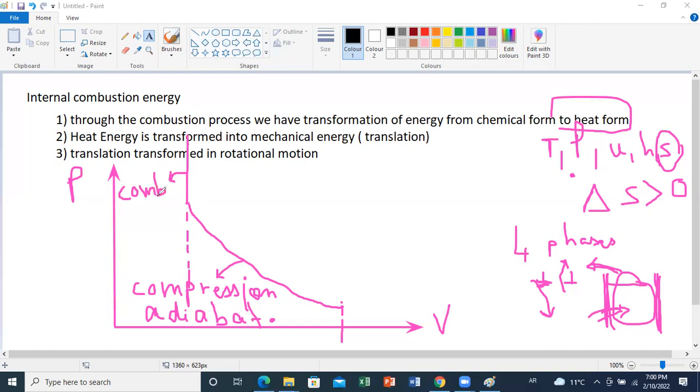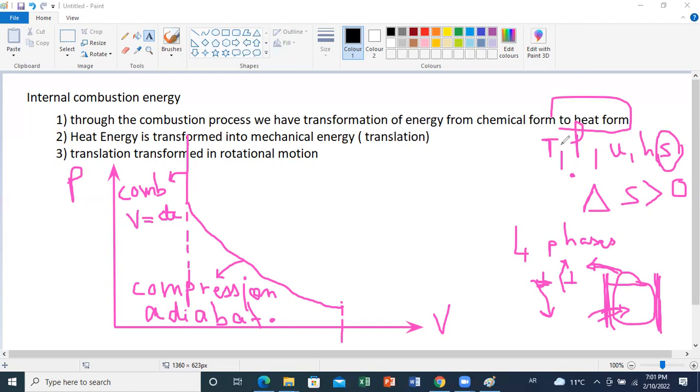Okay, and we model it as an isochore process. Isobaric is constant pressure. Isochore is constant volume. So we model it as a constant volume process. Now, after the combustion, what will happen is that this combustion energy in the form of heat will lead